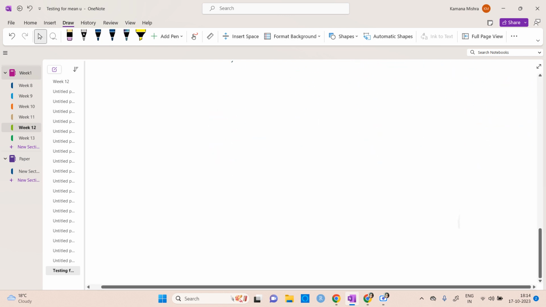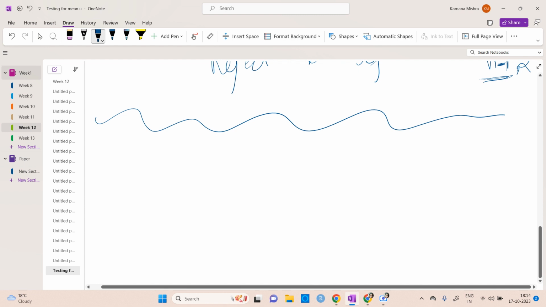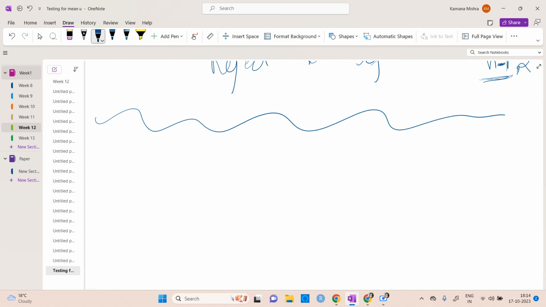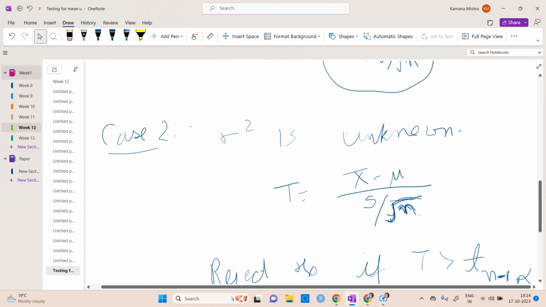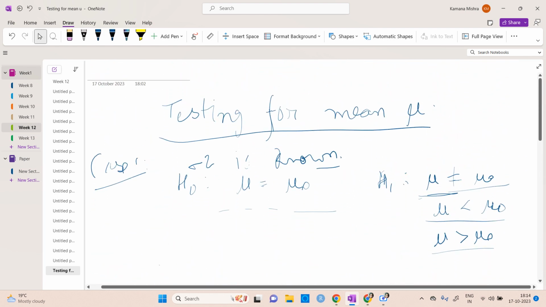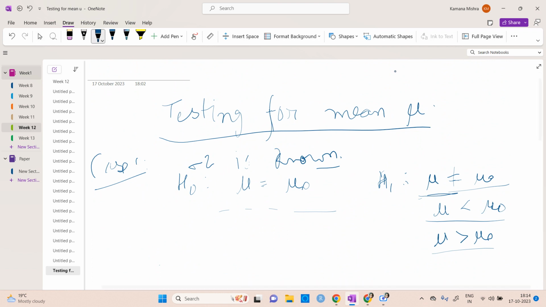Okay. Now we will have another test, which will be the testing for the variance. Now there can be several tests. I don't know whether you know or not, but this one was for whether the mean of the sample is equal to the